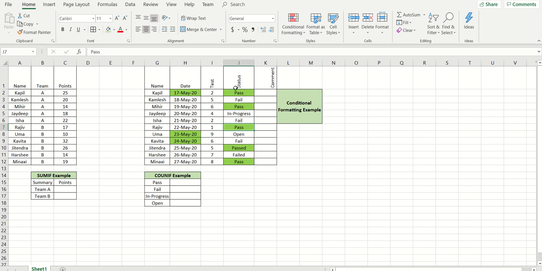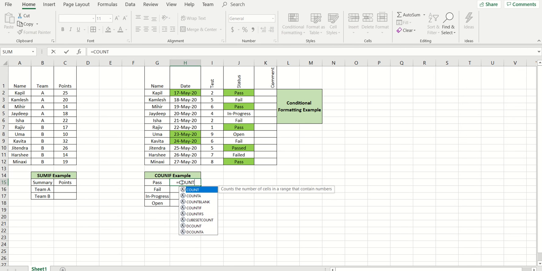So in this column I wanted to count, and there could be many rows. If there are many rows, it will be difficult to count how many pass test cases there are, because then we need to do something, right? So here I will give an example which can be done using the countif functionality.